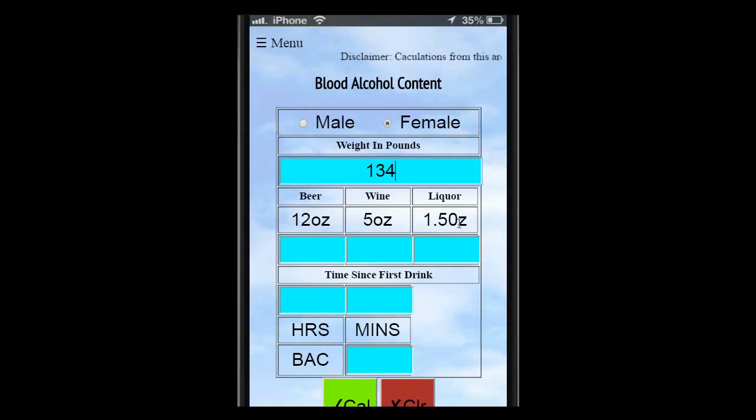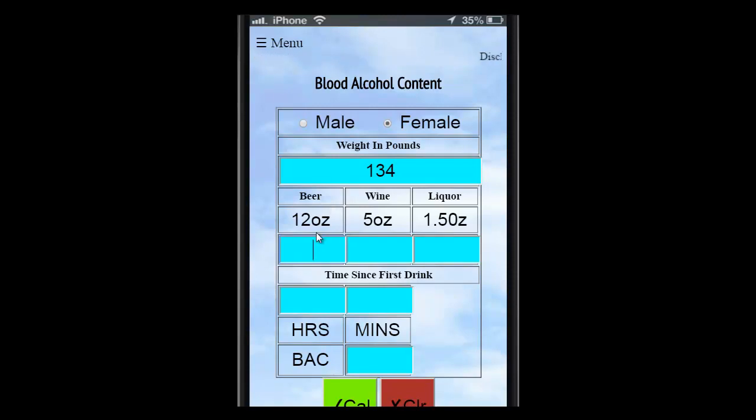Now this section here, beer, wine, and liquor with 12 ounce, 5 ounce, and 1.5 ounce respectively, these are just a standardization so you can get the rough estimate, because we all know that some beers are a lot more than 12 ounces and percentages can be higher than 5%. For wines, that is due to a standard pour, which is not a full pour and depends on the type of glass and all these different metrics that come into play. So we use a standard. And with this standard now,